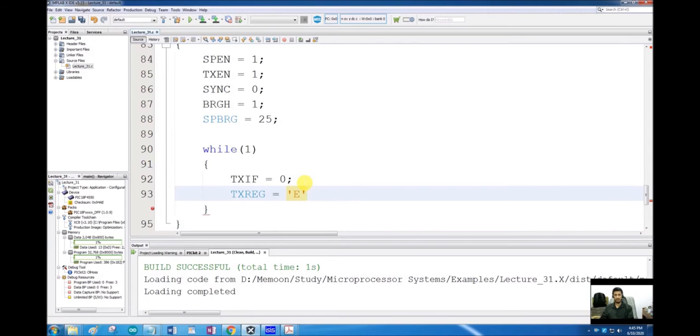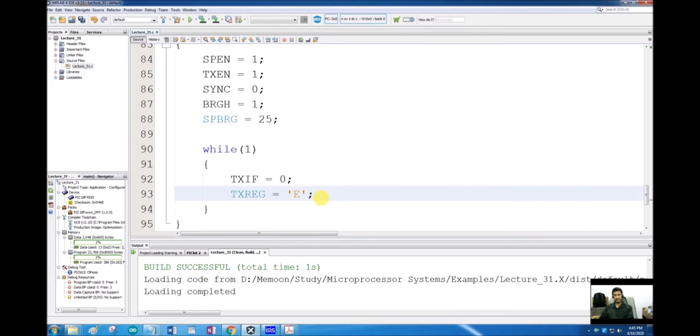That E should be transmitted, and I have written it inside apostrophes, and this means that whatever ASCII character of this E character is, that will be transmitted. I don't have to remember the ASCII code of each character. So just write it inside apostrophes and it will automatically be converted into ASCII data.